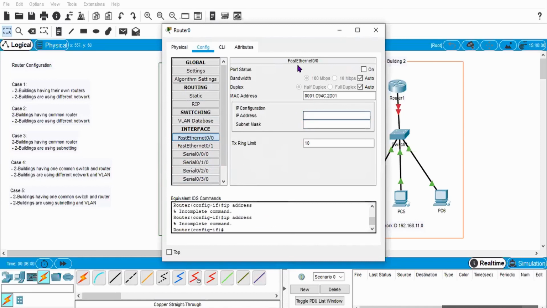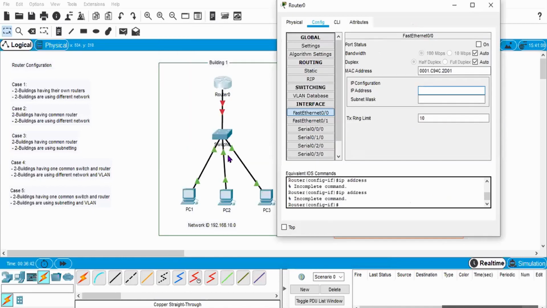And this IP address is basically the default gateway of your entire network connected under this port.